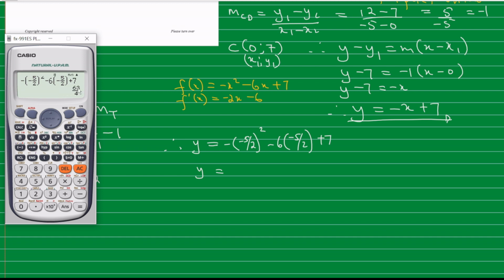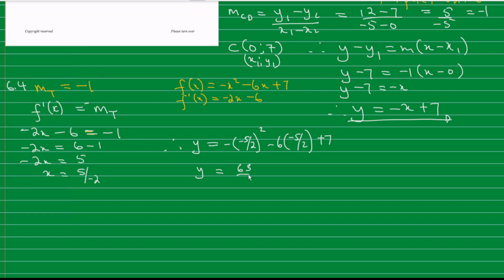Let's leave it like that, 63 over 4. So y is 63 over 4. So we found the x value, we found the y value. Therefore, point P is going to be negative 5 over 2 and 63 over 4,